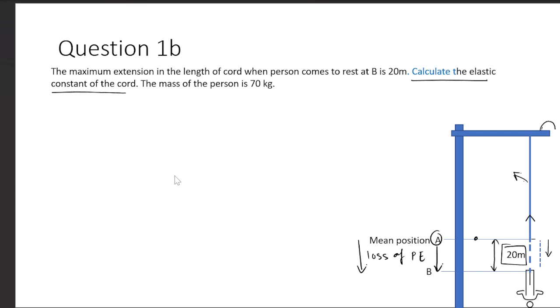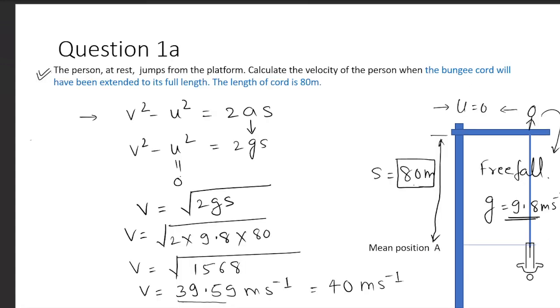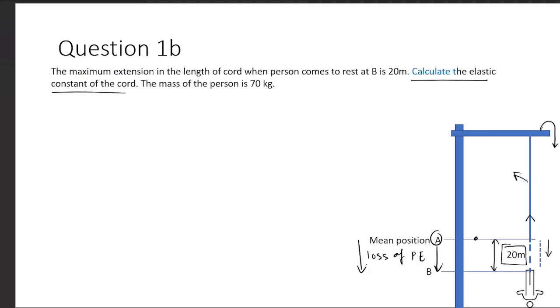And since the person has jumped from this platform and has gained certain velocity, which we have calculated here, at point A the velocity of the person is 40 meter per second. So the person is having kinetic energy at point A. So to calculate